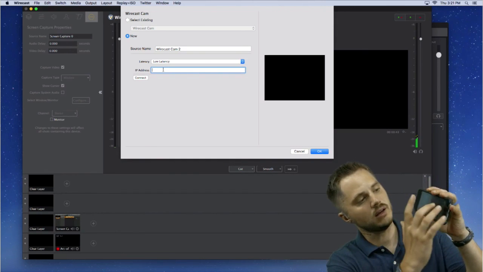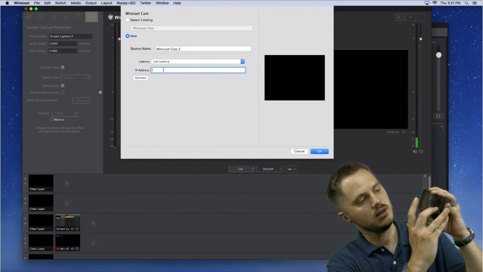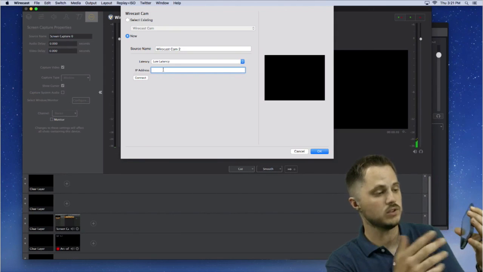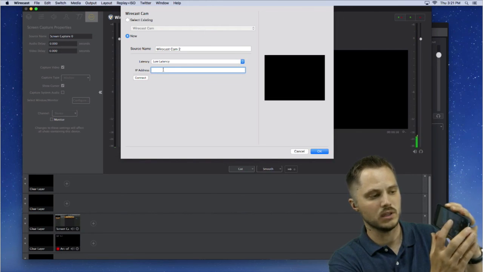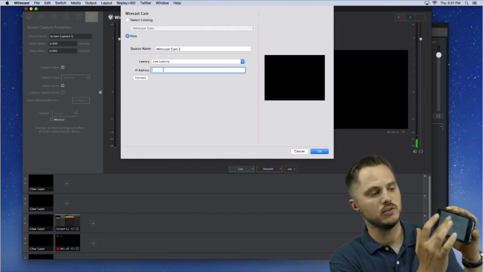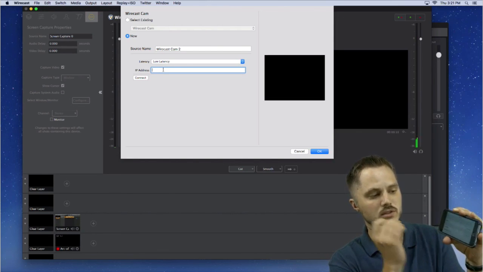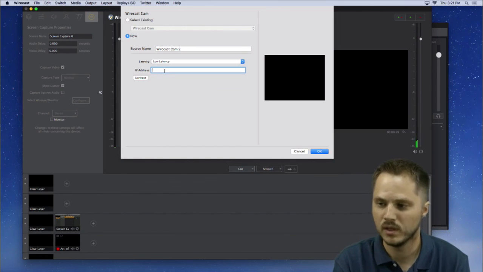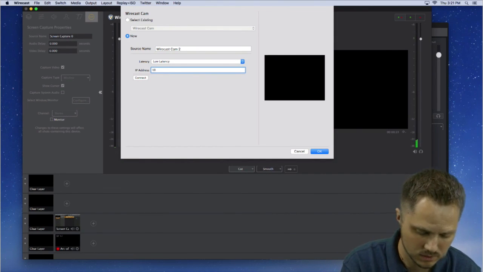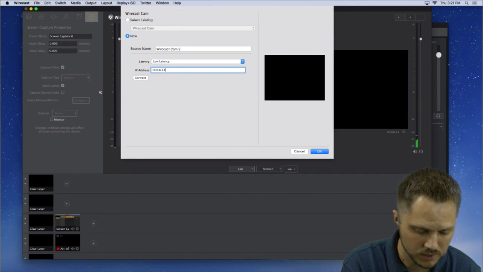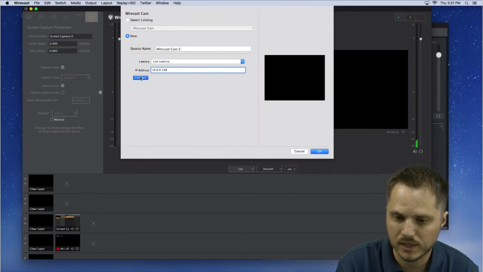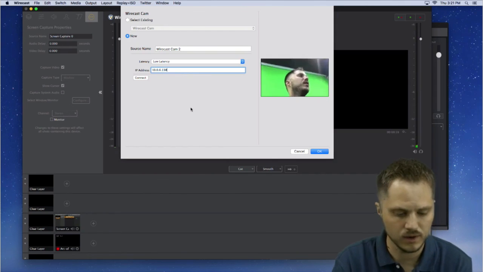So you hit the red record button, which is really just the stream button. There's also a settings tab. I'm just going to click that. And if you scroll to the bottom of settings, you'll see the IP address for the Wirecast Cam app. So we're going to add that in, 0.6.138. We're going to hit connect. And all right, we're back.